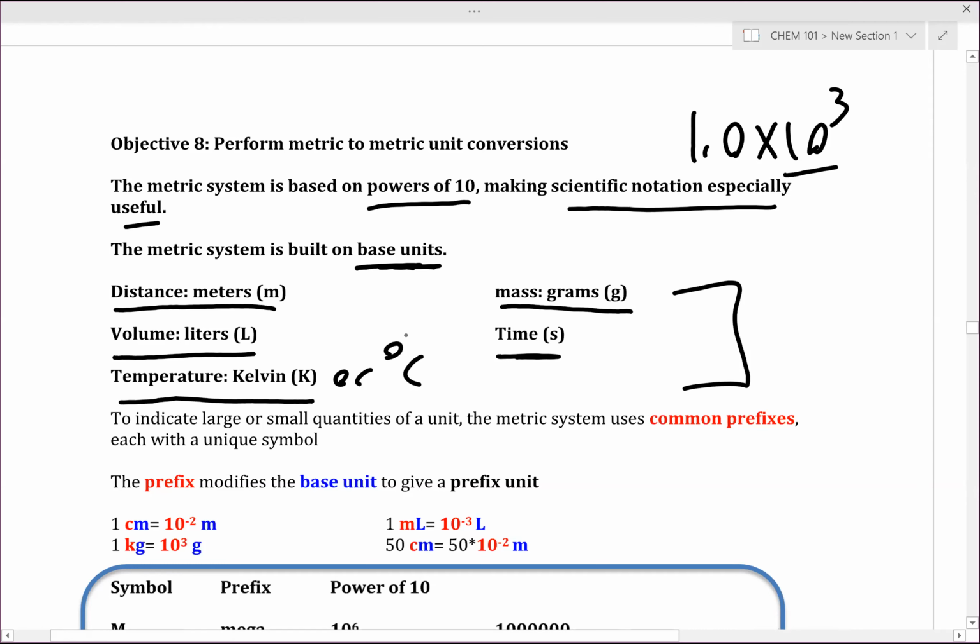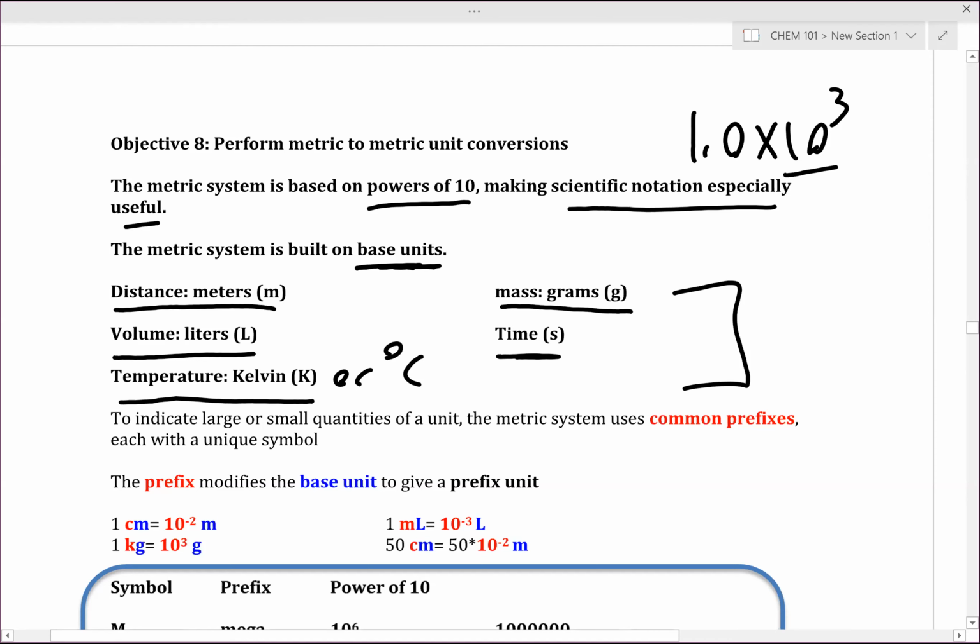The reason why I push for you to think of temperature in terms of kelvins is that it is the primary unit of temperature we'll be using for most chemical calculations. Celsius, I like to think of as the practical unit. It's the one that's most easily measured, but Kelvin is the one that we actually plug into equations.